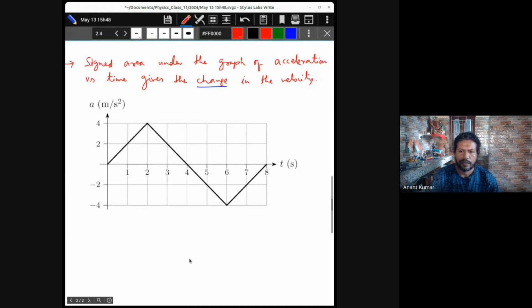मुझे पता है कि भाई 0 से 2 सेकंड तक, इनफैक्ट 0 से 4 सेकंड तक वेलोसिटी बढ़ता ही रहा है, बट पॉइंट ये है कि वो सेम रेट से नहीं बढ़ा है। नोटिस करो कि जो रेट ऑफ इंक्रीमेंट ऑफ वेलोसिटी है वो बढ़ रहा है, जैसे जैसे रेट ज्यादा होता जा रहा है तो उसका इंक्रीज करने का रेट बढ़ रहा है। लेकिन 2 सेकंड के बाद वो रेट कम होने लगेगा, रेट स्टार्ट गोइंग डाउन। सो ये बढ़ेगा बट स्लोली बढ़ेगा।